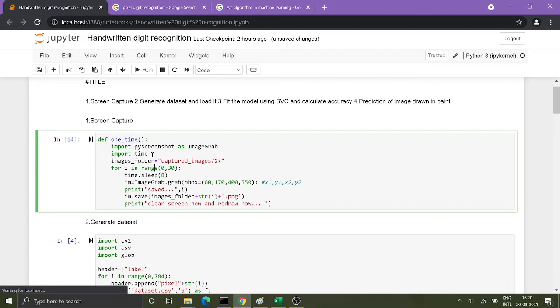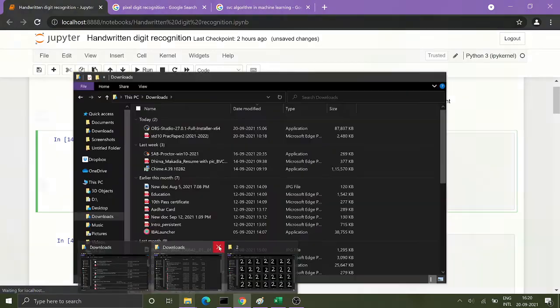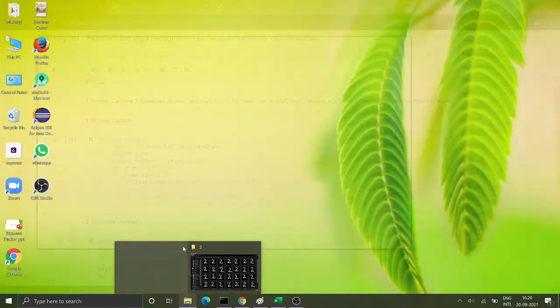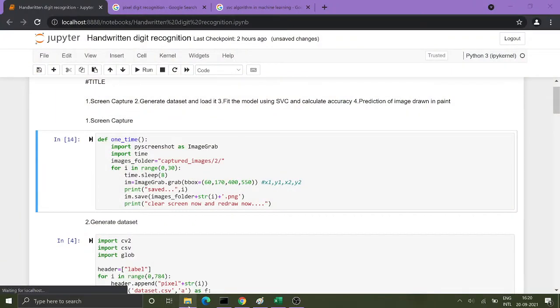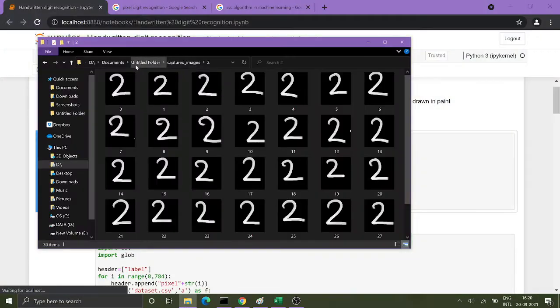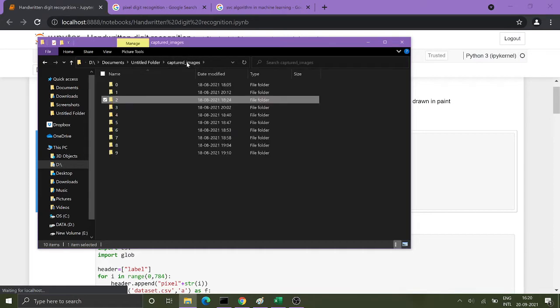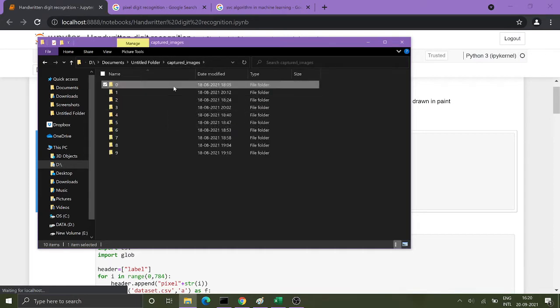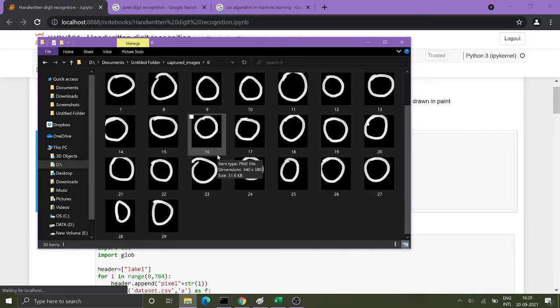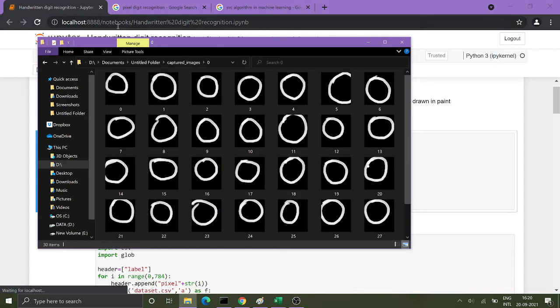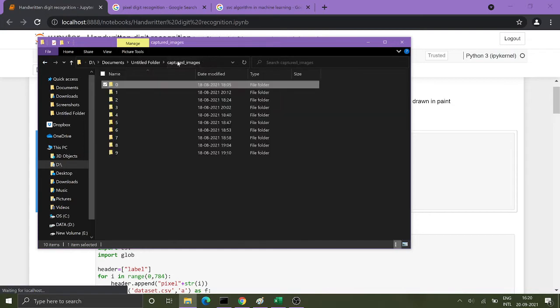Then the image folder. Now this captured images folder is already created. Why it was created, I'll show you. Here I created captured images because I need the database, right, to predict. So for every digit I had written 30 images for each and every digit.